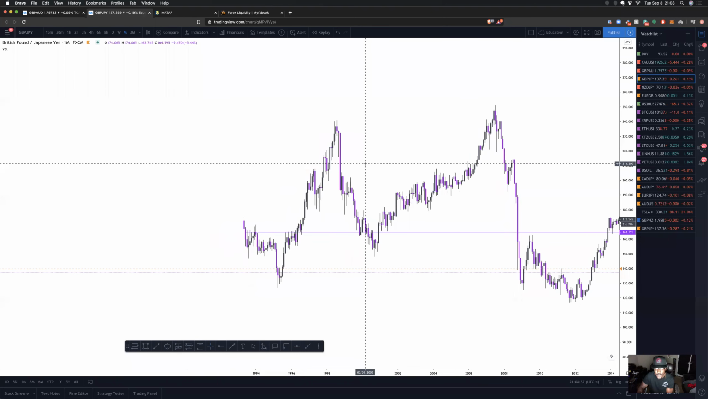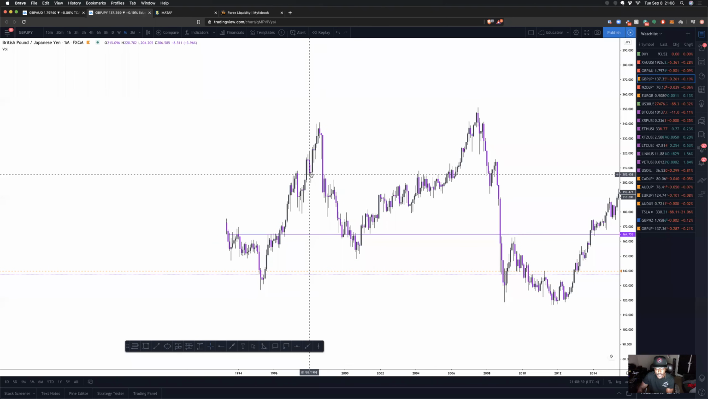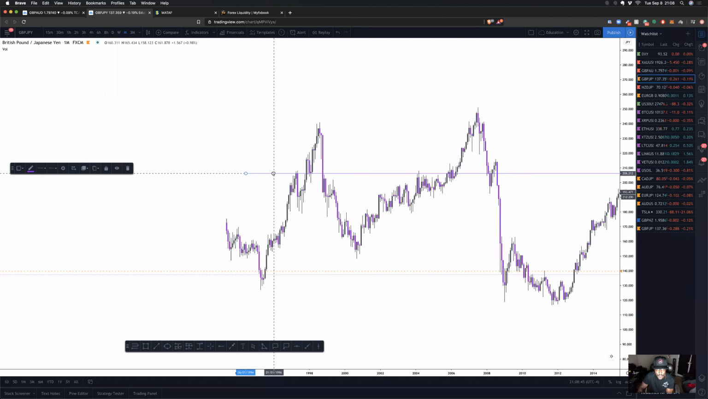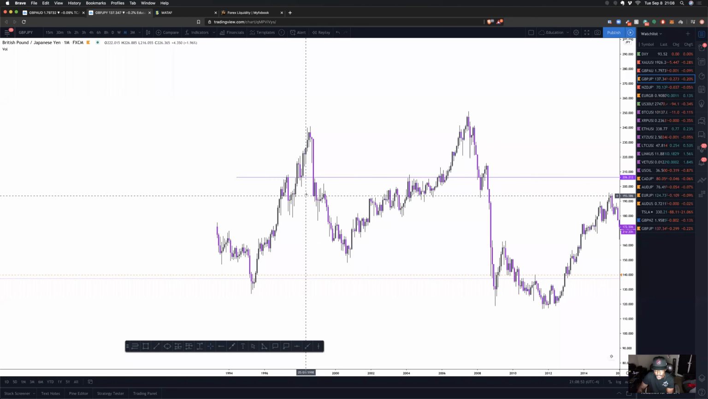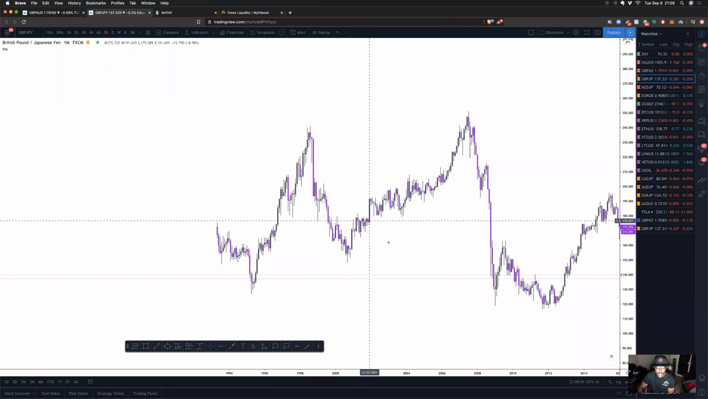Now, a break of structure means that the most recent, if we just take this line here and drag it up, the most recent higher low needs to be broken in order for it to be a break of structure. Okay, and you can see that once that happens, typically the market changes trends and continues downward. So